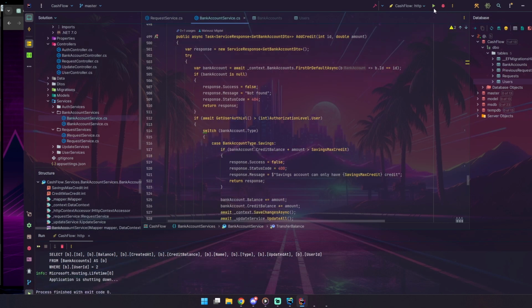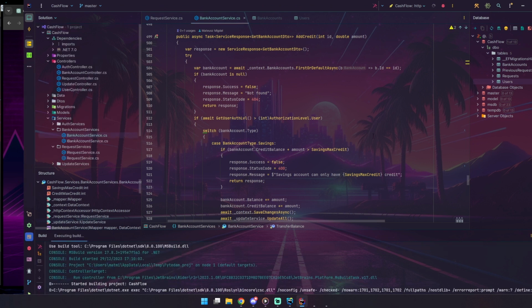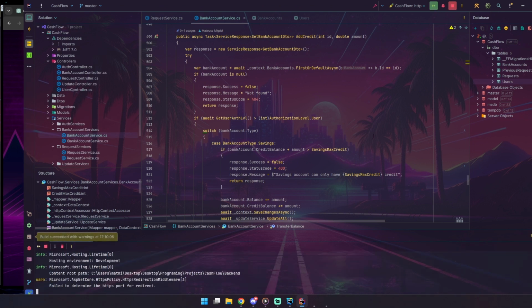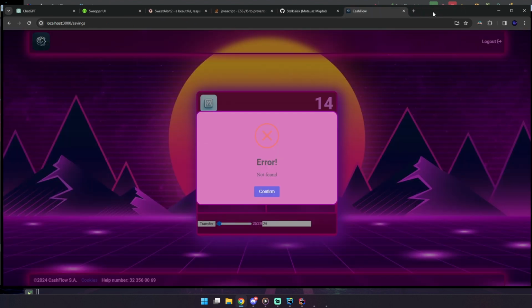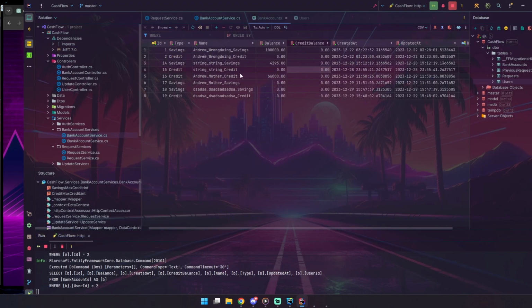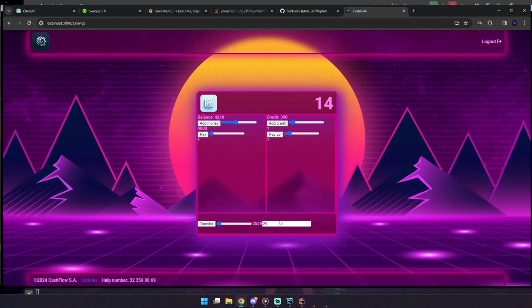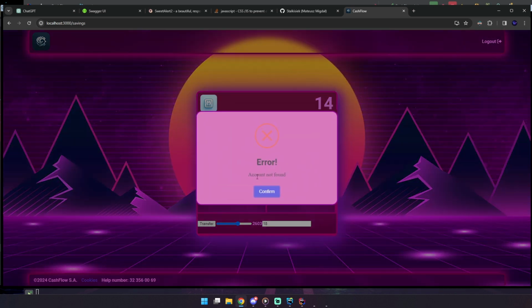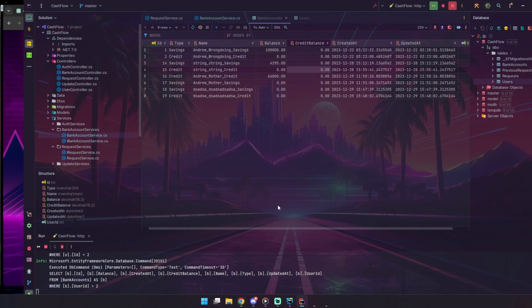But let the backend check if it's working. Right. And account not found. Great. But let us try it with the account that does actually work. So for example, it will be an account with a number 18. It will try sending them this much money. Account not found. Okay, that's